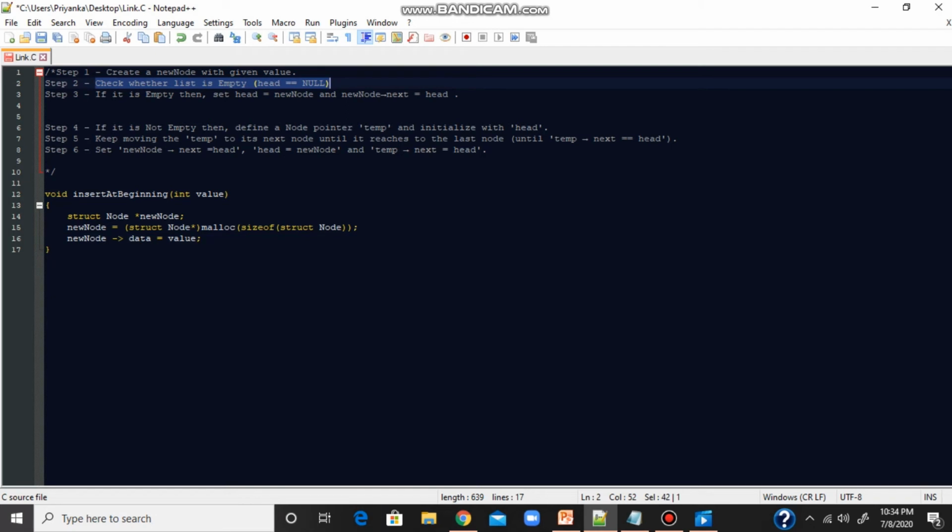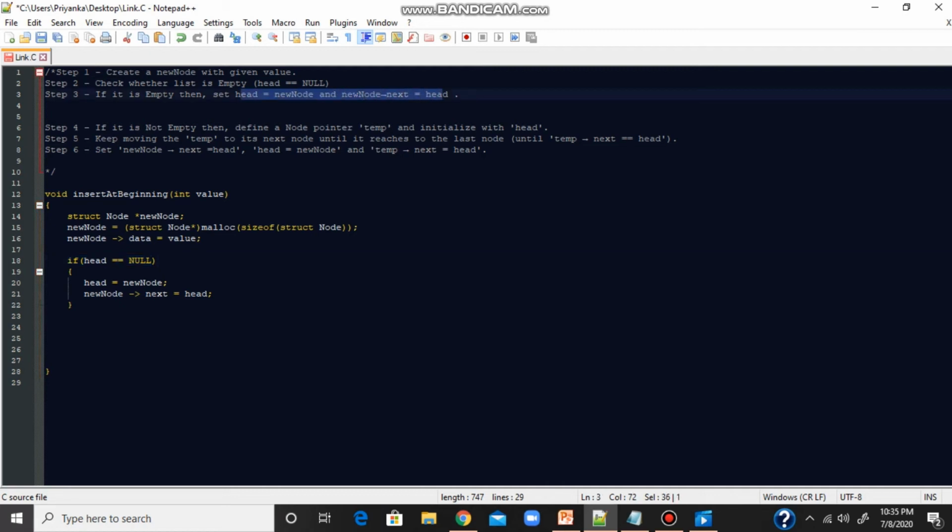That is, we are checking whether the head is equal to null or not. If it is empty, then we have to set the head as the new node, and the new node's next part is set to the head, and we can see the code here. So if head is equal to null, then we will be putting the value of the new node into the head variable, and the next of the new node is assigned the value of head.